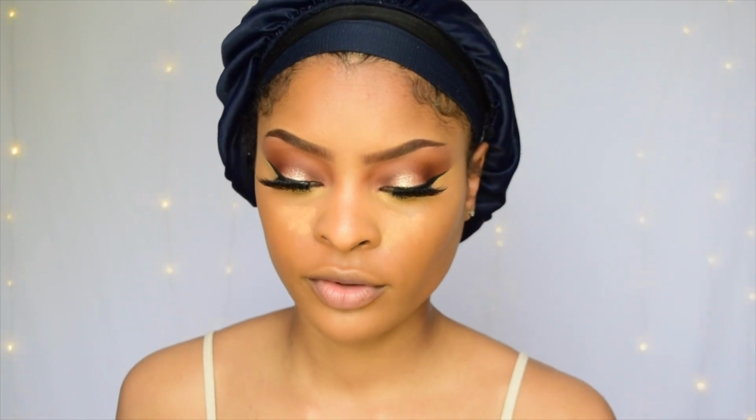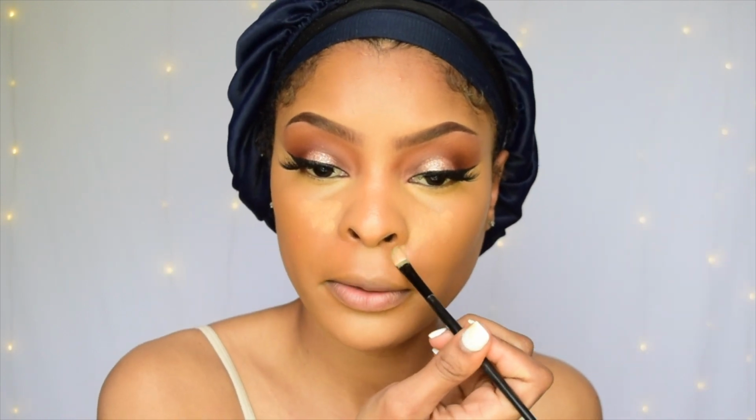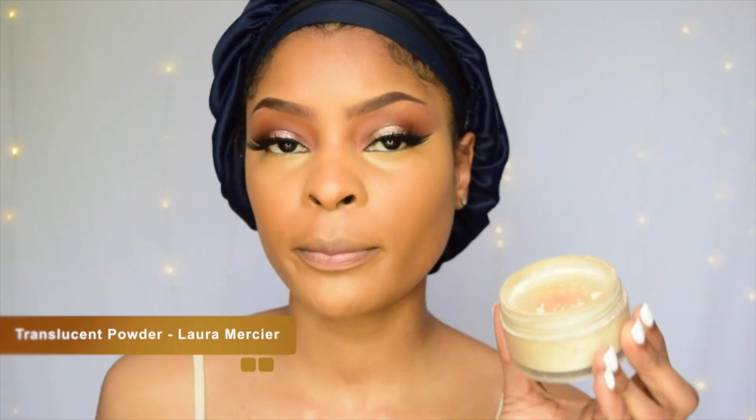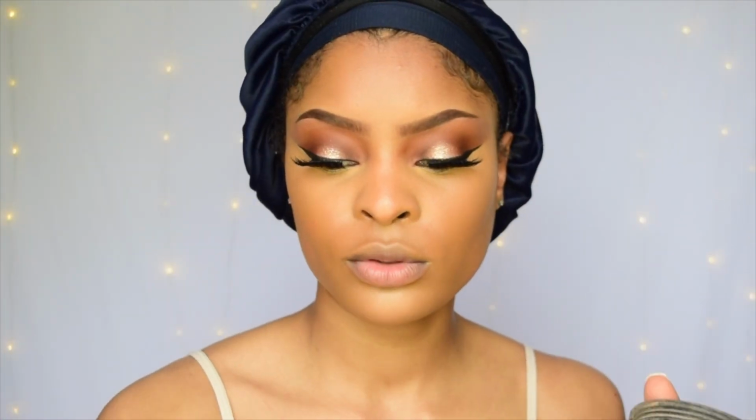I'm gonna let it sit there for a little bit and then blend it out after. I think I'm gonna drag this concealer around here too. Then I'm gonna go in with my Laura Mercier powder. Y'all already know the deal with this. I'm gonna take this and put it in my cap. Then I'm gonna use my beauty blender, dip it in there, and then, you know,